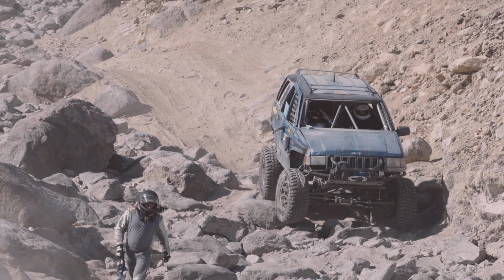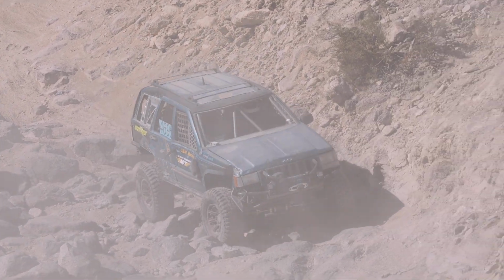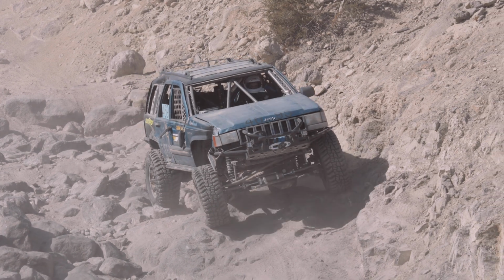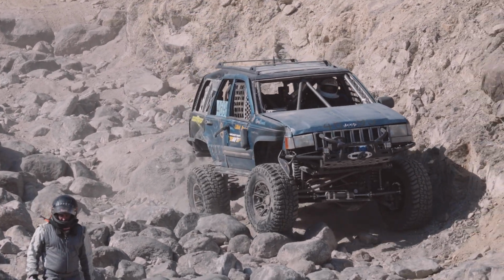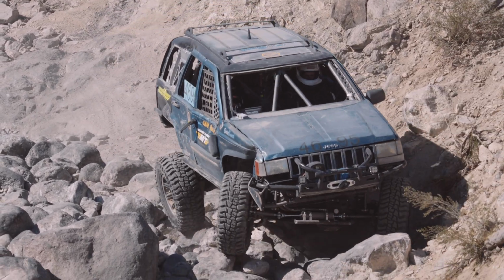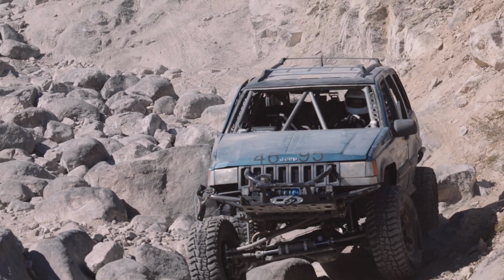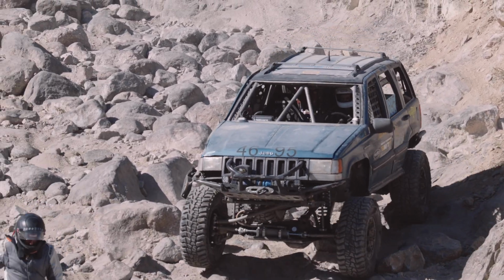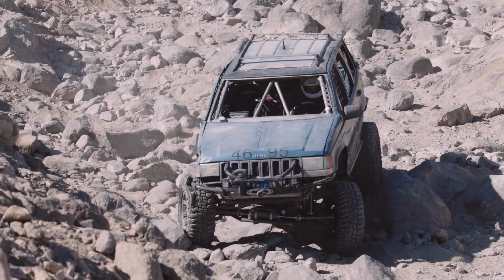Right behind Scott Foley. Looks like he took the alternate way up and around, idle issues. Yeah, so they have to stay in the rocks there. It's very clear. And he'll be making his way back down too. I'm sure he'll be chasing Cody down. That is Scott down. So that is Cody there. Yeah, that's Cody. We just saw him make his way up, idle issues, and it looks like instead of making the right-hand turn,